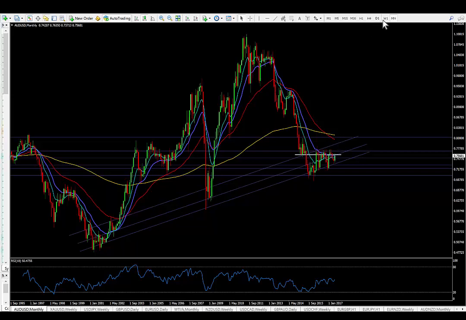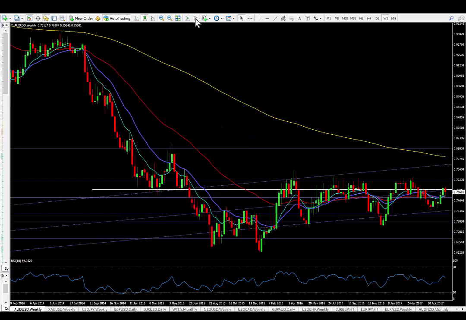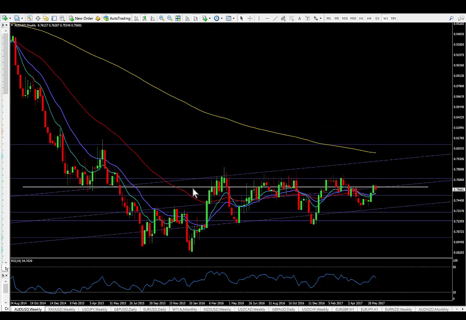So let's have a look at the weekly and see what we've got in terms of a bit more detail. Let me just make this a tiny bit bigger. Get this into position. So as you can see, we're currently just below the 0.76 level. We've made a small bearish bar. The previous week actually looked like it had all the potential of moving through to test the 76 level, and actually it didn't. It sold off at the highs, so this didn't make really any moves higher at all, and it sold off into what I'd call an EMA support point.